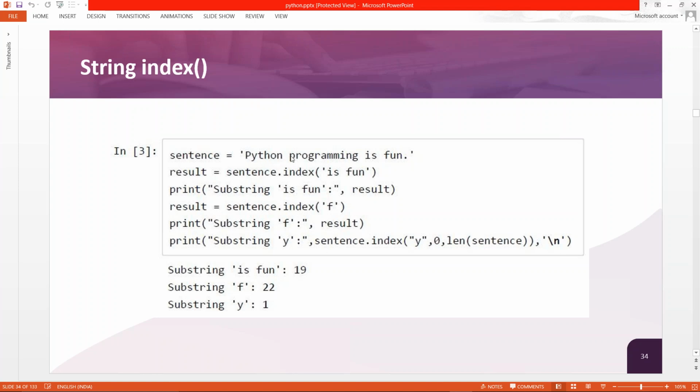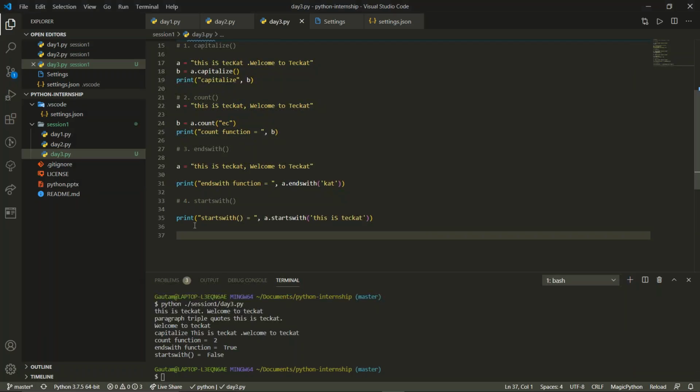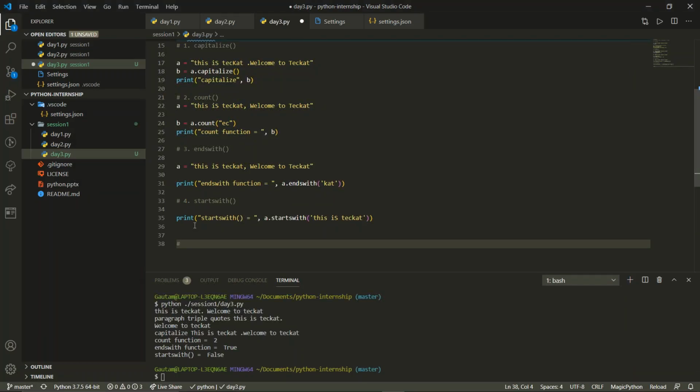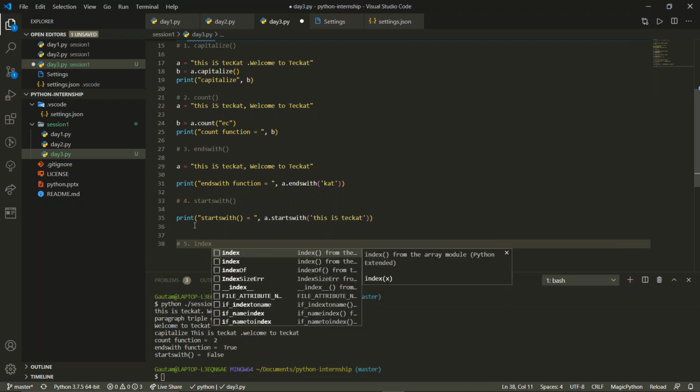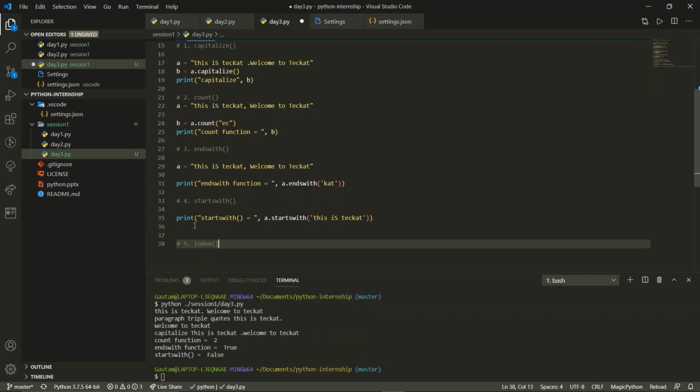The character is also 6, 7, 8, 9, 10, 11, 12, 13, 14, 15, 16, 17, 18, and 19th is the position. And you can see over here, it's 19th given right over here. So this is what the index does over here. It will count from the beginning till the position where it is. Now, if we go for the index function.